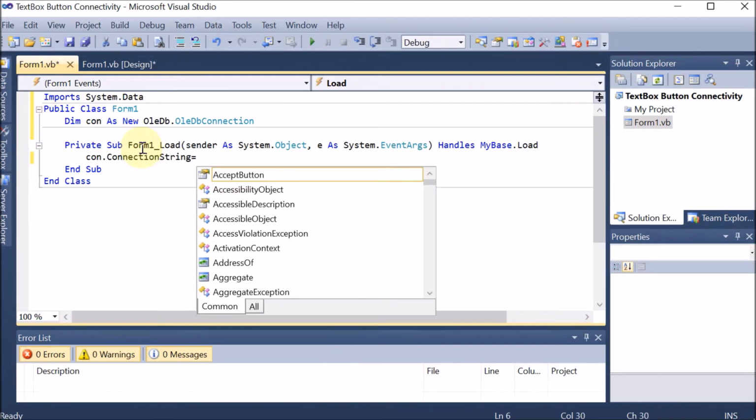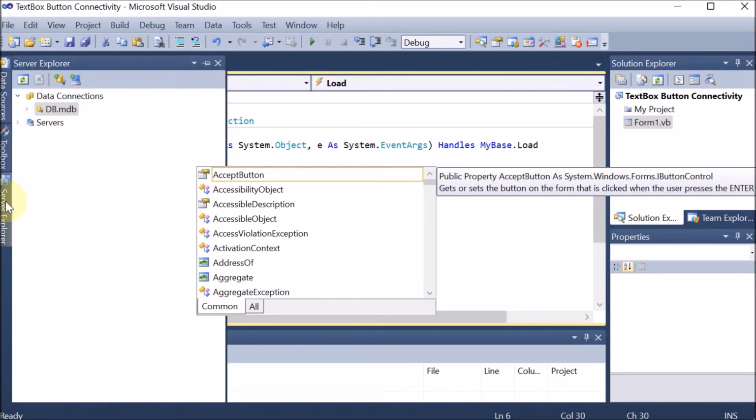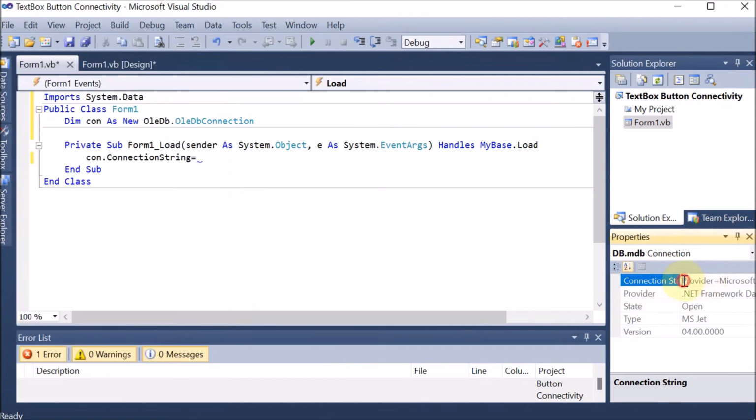That is equal to, now this string we will find where we have created the database. So we are going to the Server Explorer, and there we click on the db.mdb. Here in the properties, you can see that the connection string is already present. You have to copy this string completely.